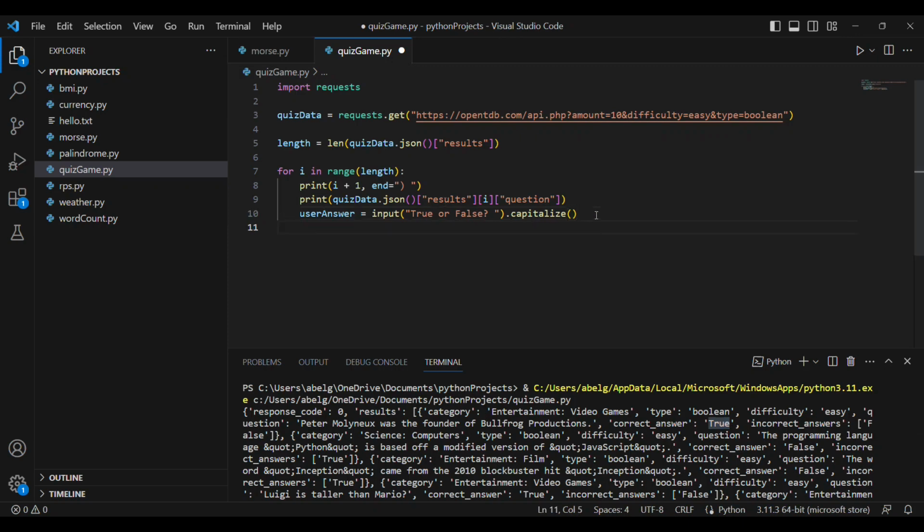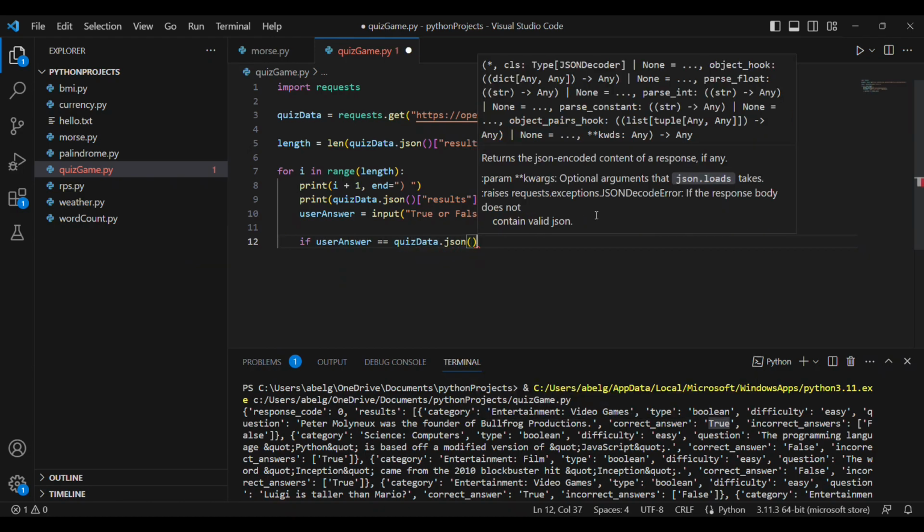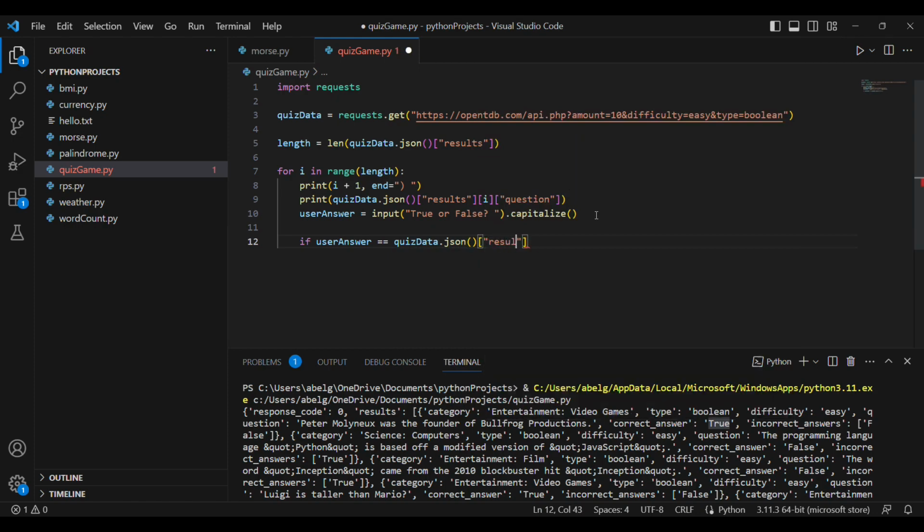Then once we have the user's input, we're going to compare. So we're going to have an if statement. We're going to say if user_answer equals quiz_data.json, then we're going to go to results, and we're going to go to i. Then we're going to go to the correct answer keyword.